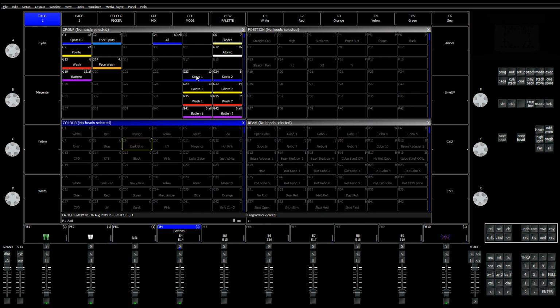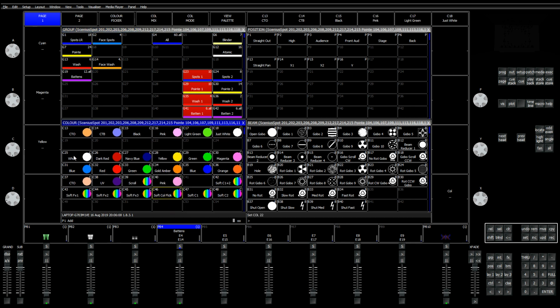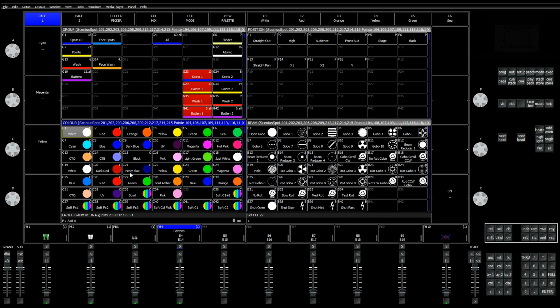Alright, so that's our groups made. So now if we just record a color, let's move these so it's a bit more normal. Move that. So if we set them all to be red,